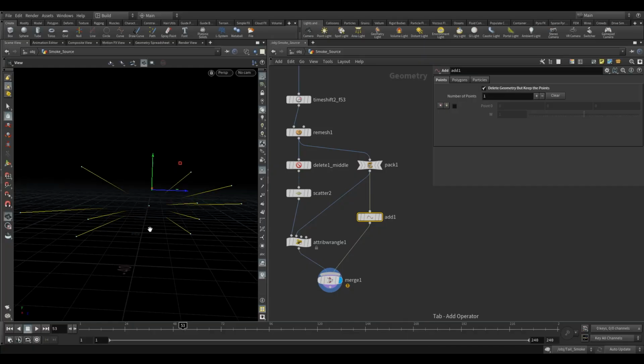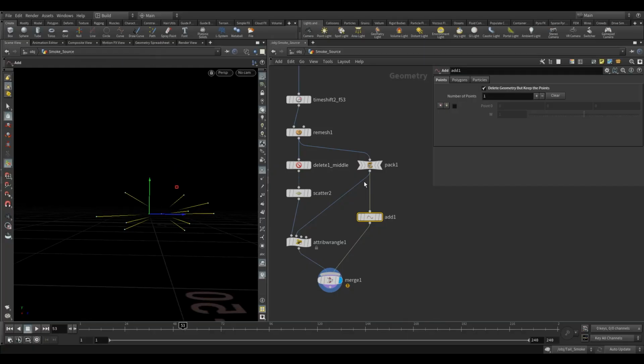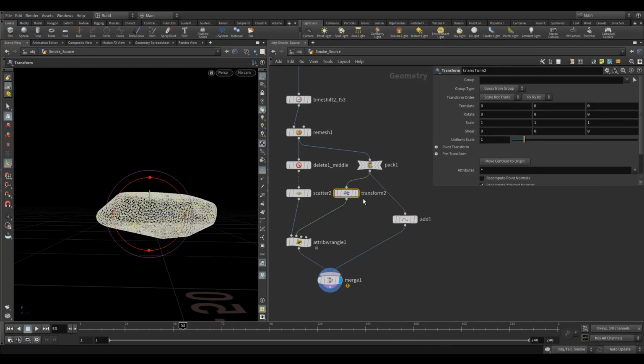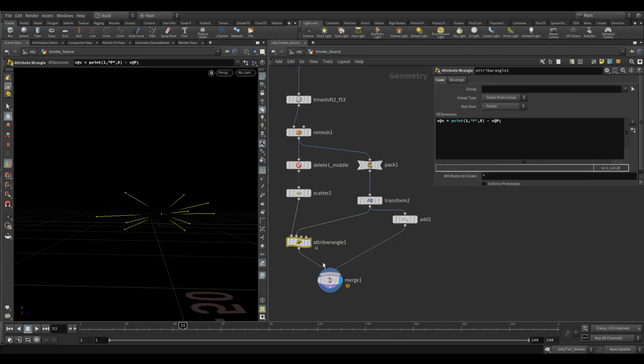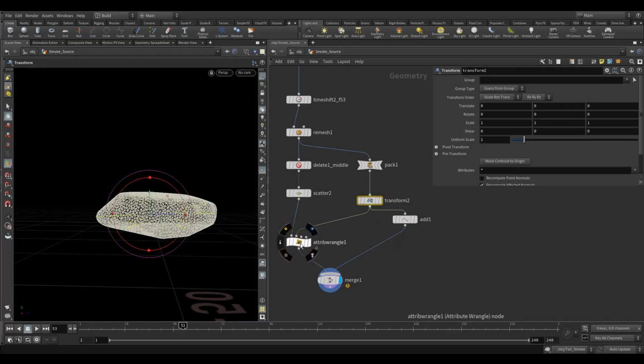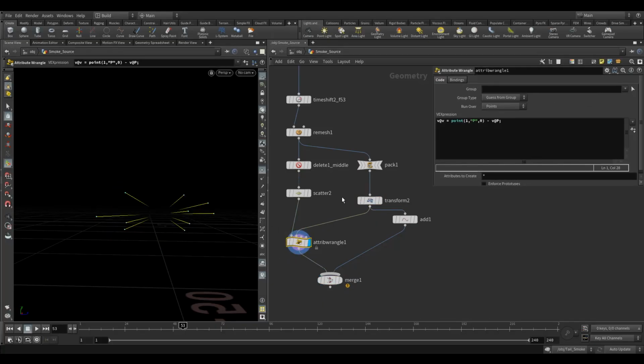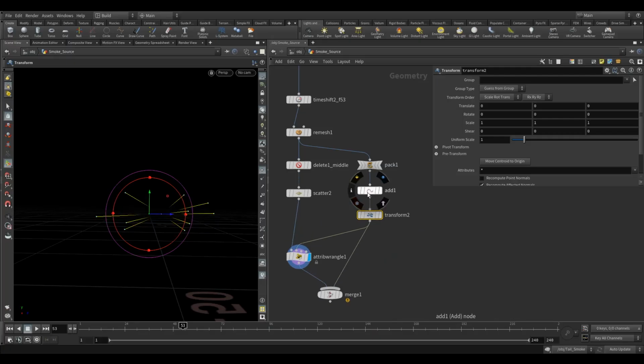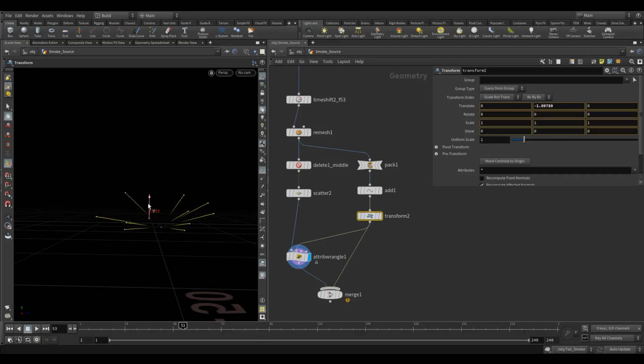So obviously this is an explosion on the ground, so I want them going up a bit more. So I'm just going to drop a transform under here, and I'm just going to move these down a bit. We can actually kind of visualize that maybe. If I do that, no, it's a bit annoying with this. Let's do it under the add. It's not necessary to remove that geometry because it's just picking up that one point anyway, but I'm doing it just so we can see. So you can see as I move that round,